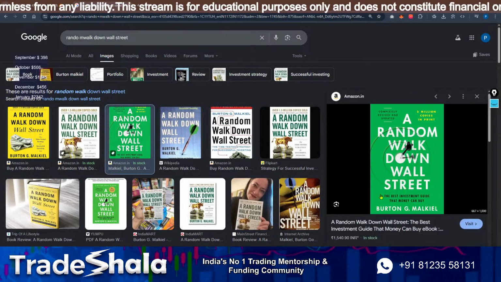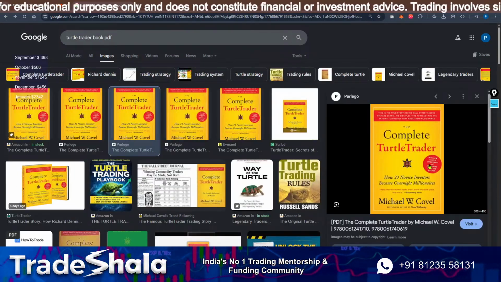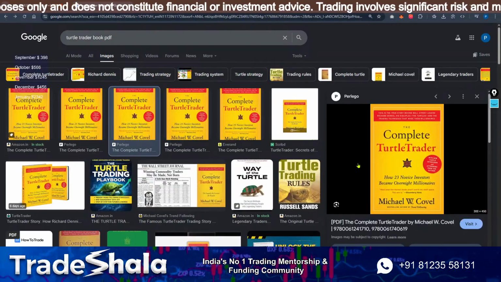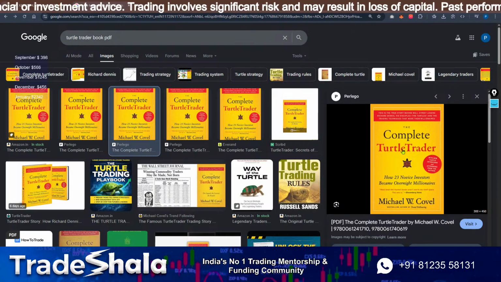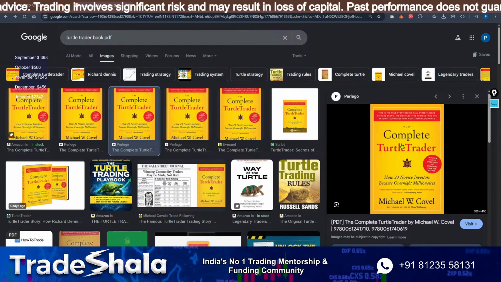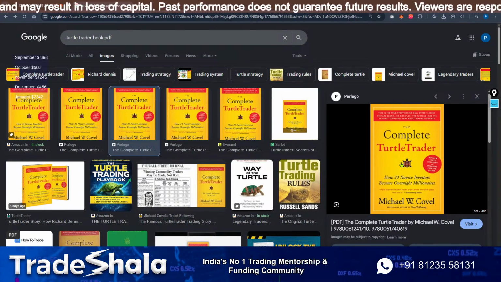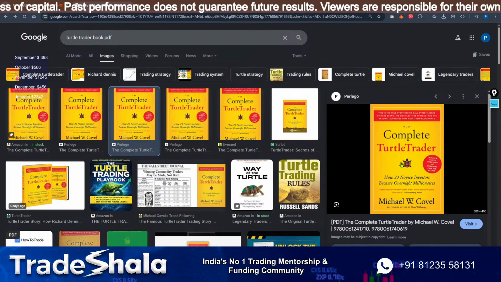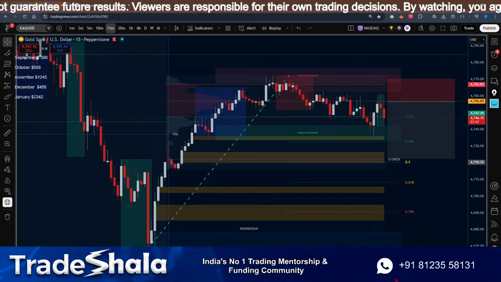These two teach us about what Wall Street is and how it works. And this one, The Complete Turtle Trader, is the mentality behind trading. I love this. This is my recent read, and I believe this is the best book for trading. It shows that you can win this game slow and steadily. It's like that. But there is a trick to